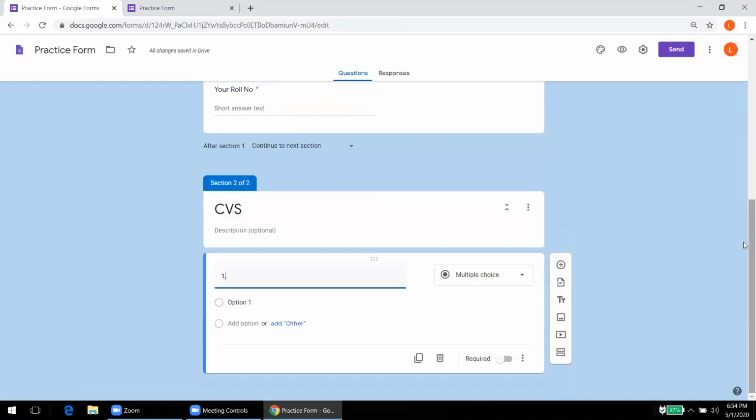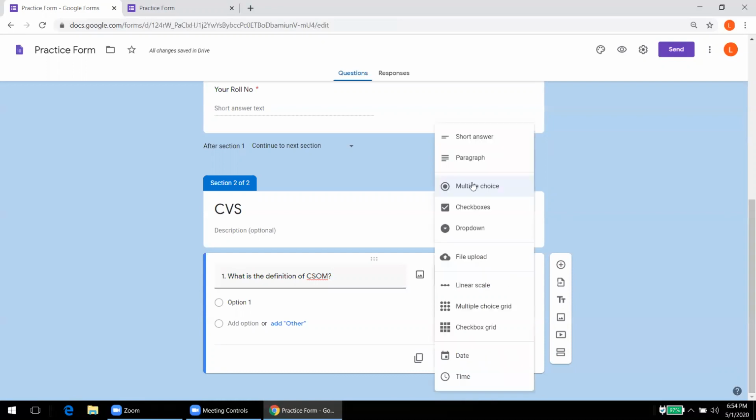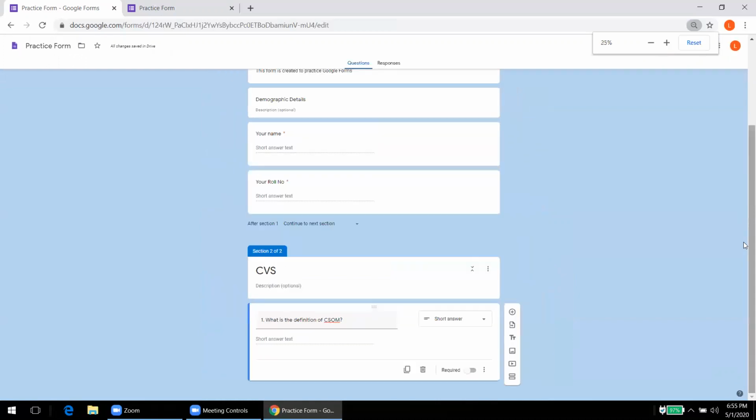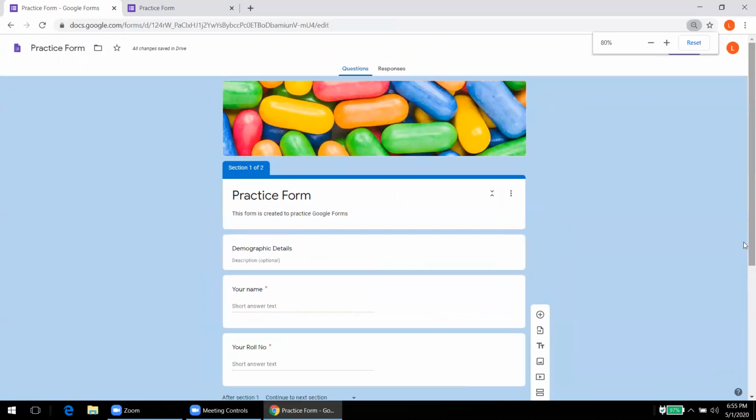Now suppose question 1, we want a definition of a particular thing. So anything we can ask, what is the definition of CSOM? So this is a short answer. So this is not an MCQ. What we can do is change from here and make it a short answer type of question. So here the students will get the space to write the definition of CSOM,